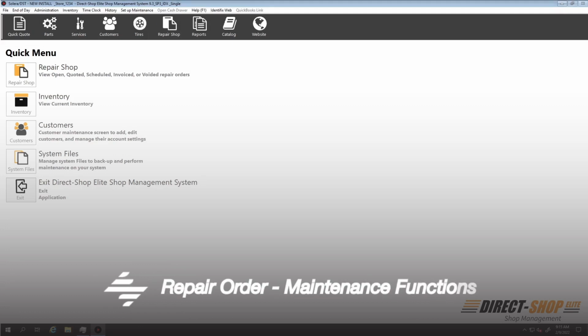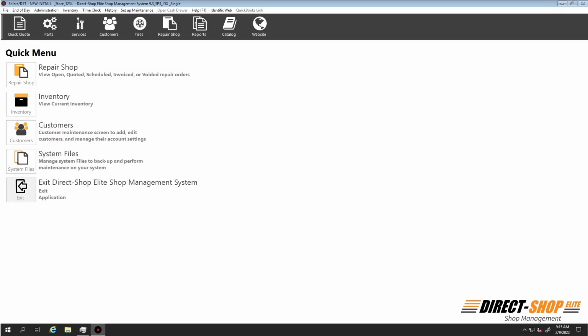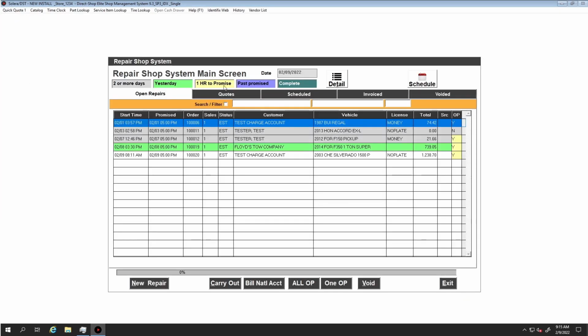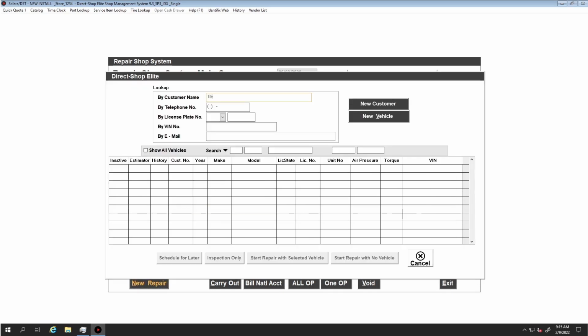In this session, we're going to cover some functions in the repair shop screen for maintenance. Now, these functions I'm about to show are not used too frequently in the program. There are specific reasons, and I'll explain why. But we're going to go to repair shop, go to new repair, work with our trusty test customer,